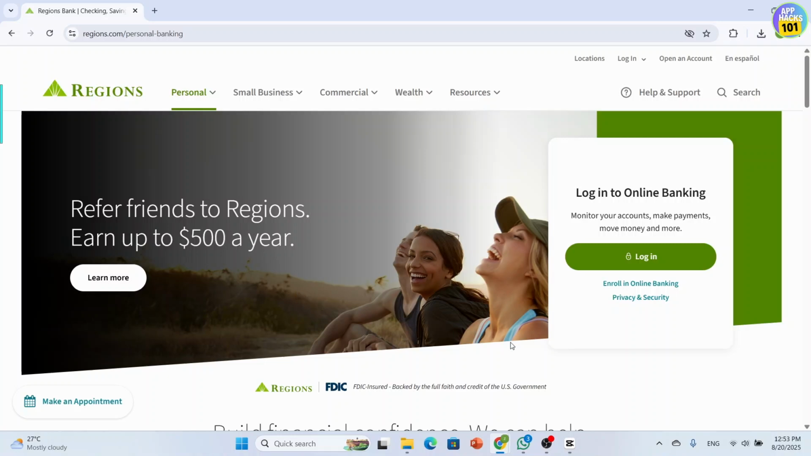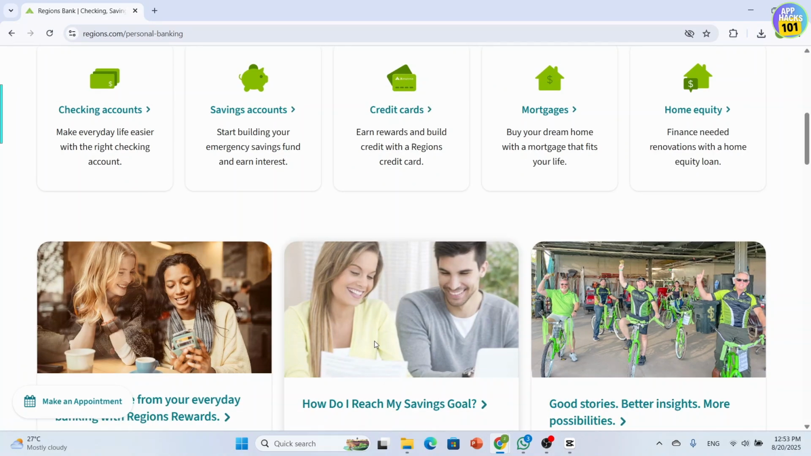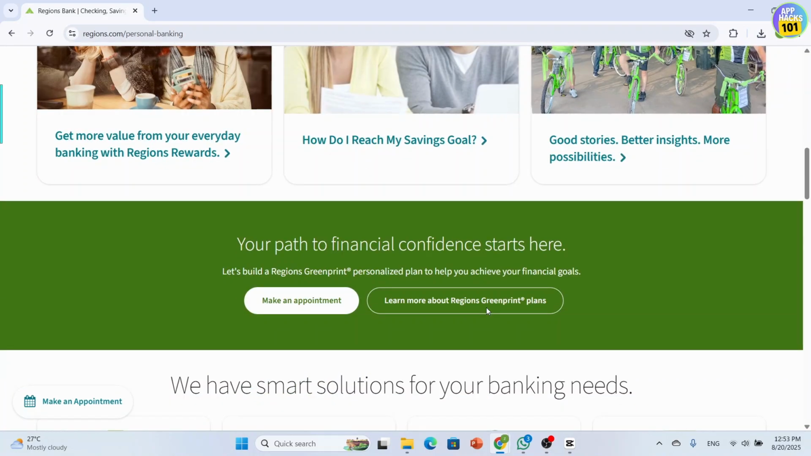Now here simply log in using your credentials and once logged in on the main dashboard you can click transfers and then select between my accounts. And after that you simply have to enter the amount and select the account to transfer from and the account